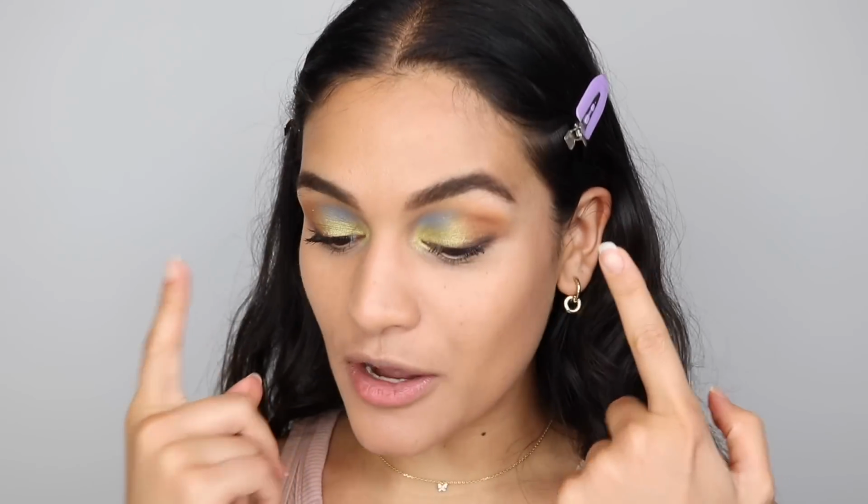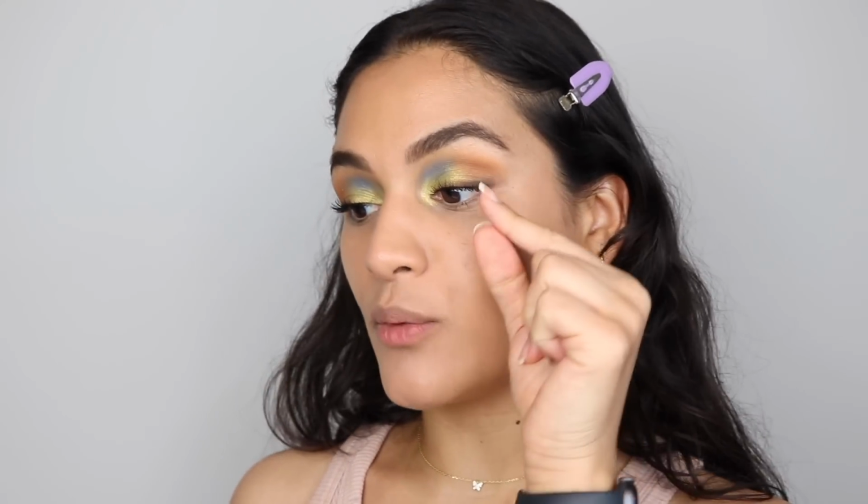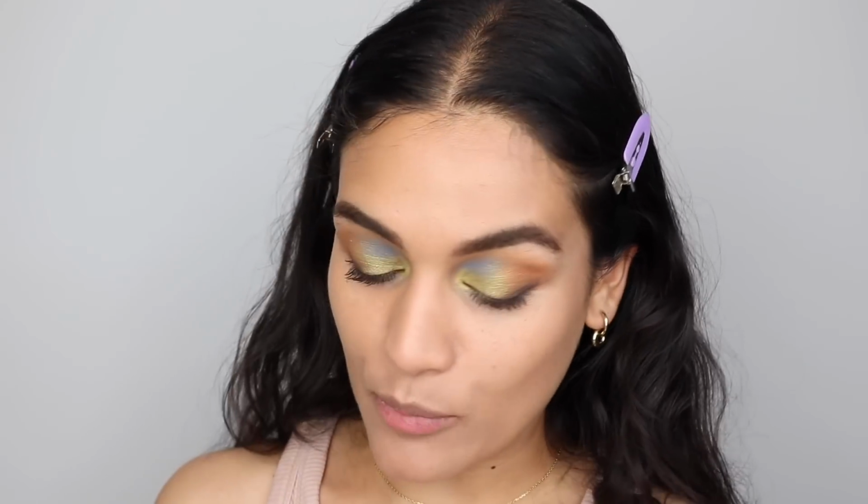Okay, so a little update on the look. I decided to put mascara on just to see if maybe I would like the liner a little bit better with the mascara on. I really didn't, so I fixed it. I took a little bit of eye makeup remover on a Q-tip and just wiped it away, and now I'm going to